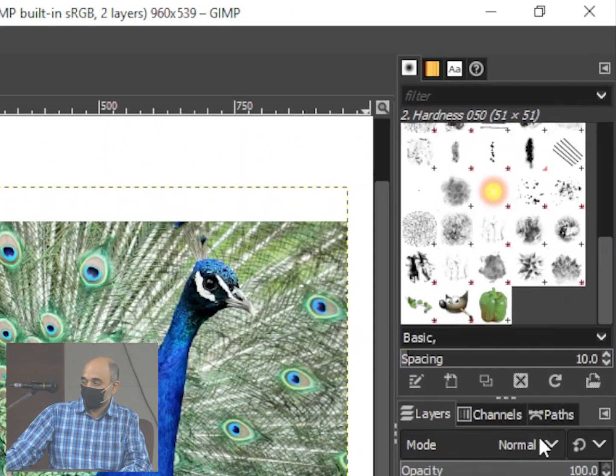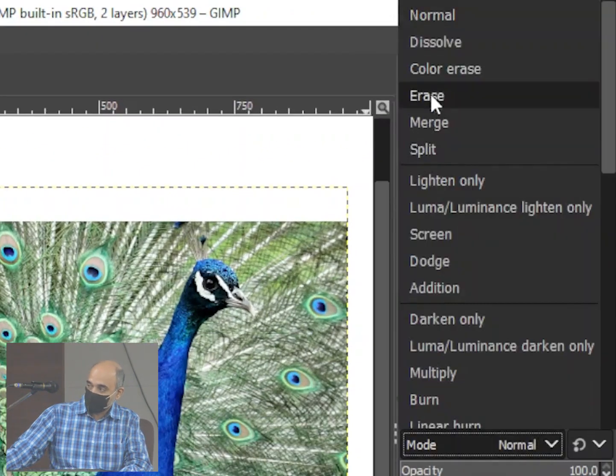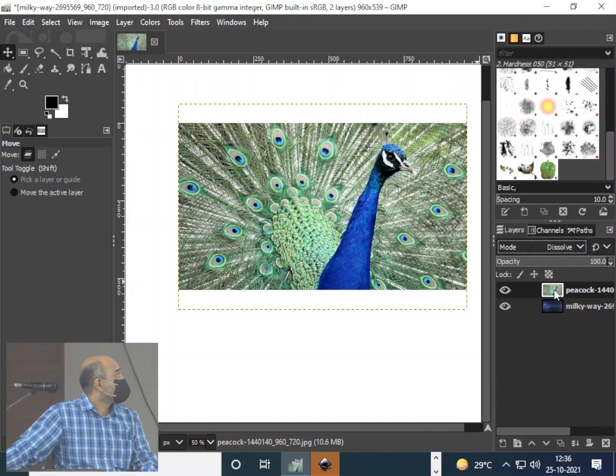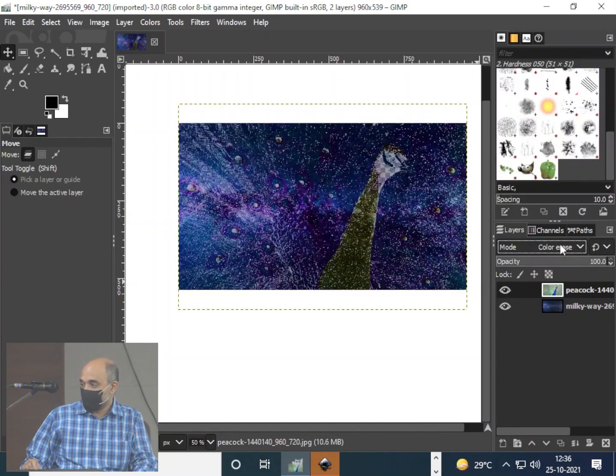Yeah, so if you click on this, you'll find that there are multiple modes which they have given for blending. And you can use the arrow key and change the mode. You can see with every mode the blending happening.